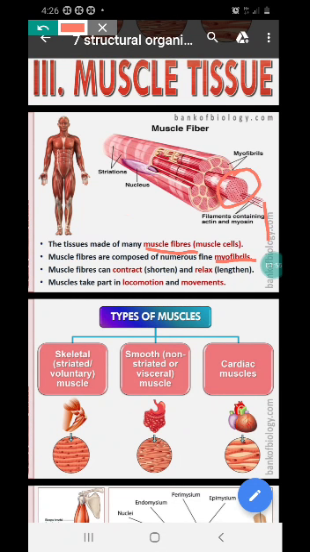Okay, so each muscle cell or muscle fiber is made up of many myofibrils. Okay, like this, so many muscle fibers are bundled together in a connective sheath together. Clear? Okay, now what are the three types of muscles in our body? As you have already studied in 9th standard, I'm not going to do it in detail. Okay, so they are, the skeletal muscle,